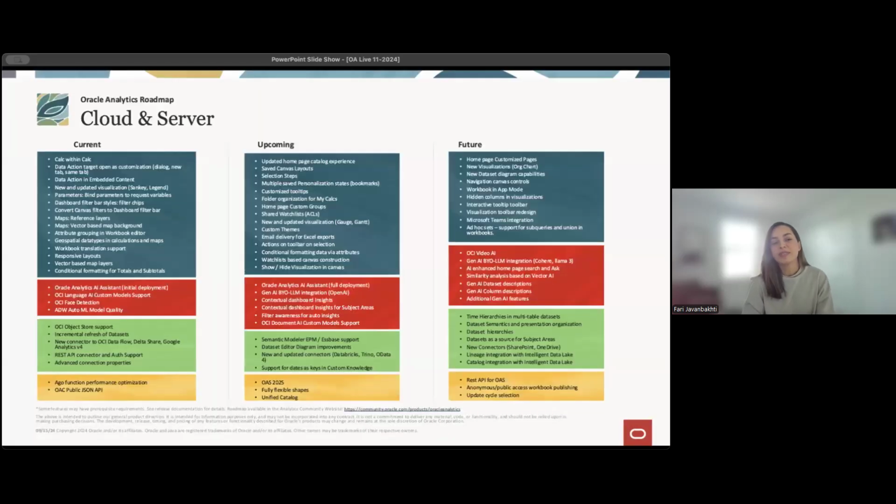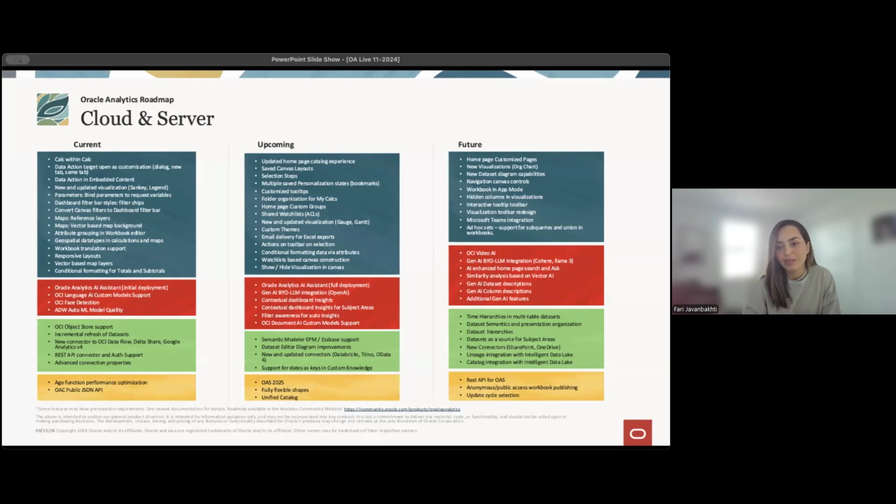Perfect. So in regards to the current capabilities that are being released in the latest version, I know Avinash and Philip will cover most parts, so I'm not going to go through that. But in regards to the upcoming and future releases, we are having a lot of enhancements and features coming up in regards to the homepage experience. So we will have updated homepage catalog, homepage custom groups, and custom themes.